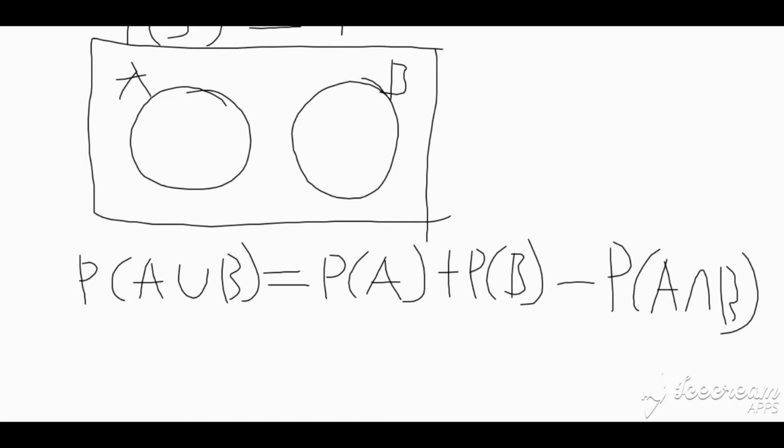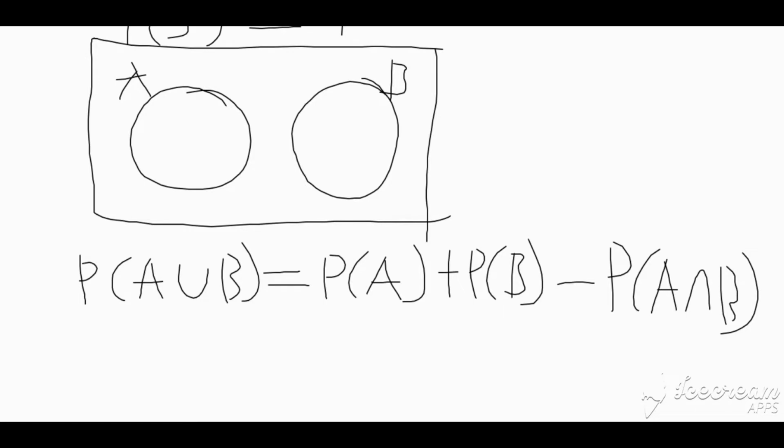Second example, you draw a single card from a card pack, and I'm asking you, what's the probability that the card is a king and ace? We know that that is impossible because there's no ace card that is going to be a king. All right? So we know that these events are mutually exclusive. There's no way it can happen at the same time.